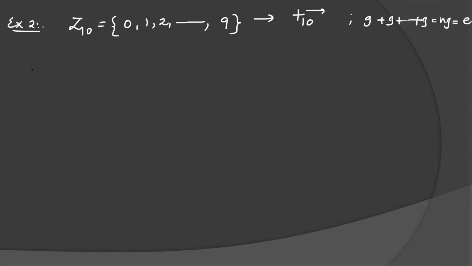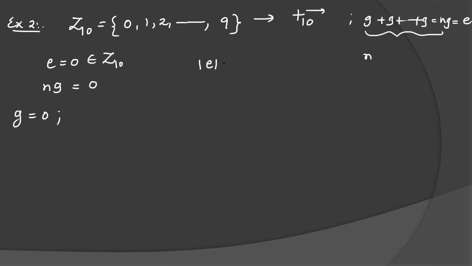Can you tell me the identity in this case? Yes. If you make the composition table, you can see that the column has a mirror image with respect to element 0. So 0 is the identity and it belongs to Z10 only. Now our aim is to find for how many times we should add, so that n times g is 0. We will start from 1 because n is the smallest positive integer. So take the element, I am taking firstly 0. Remember always, the identity element always has order 1.